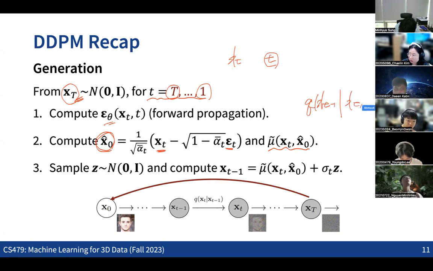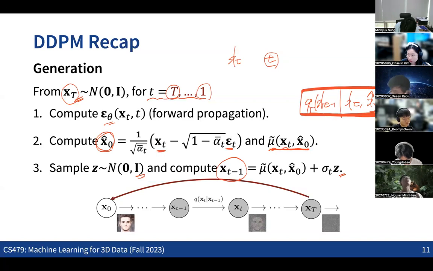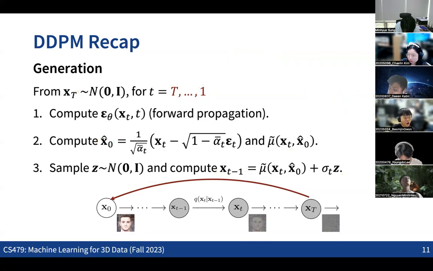Given the xt and the x0, now we have some kind of prediction of the x0 here. Based on that, we can predict the mean of this distribution. And based on that, we can also get the sample at time step t-1 by adding some unique Gaussian noise as well, because basically we are sampling from this distribution by predicting the mean of this Gaussian. So that's basically what we are going to do.